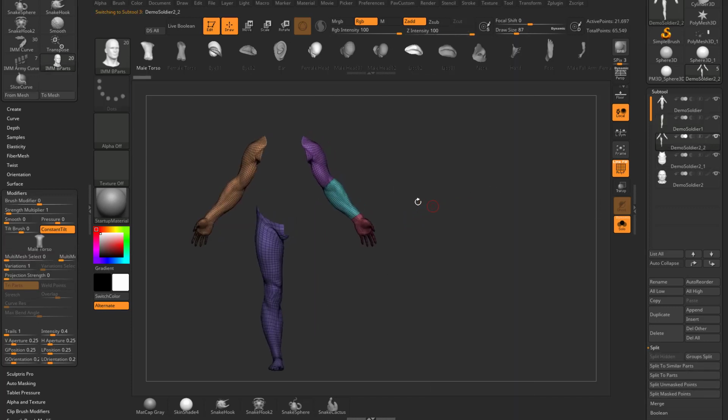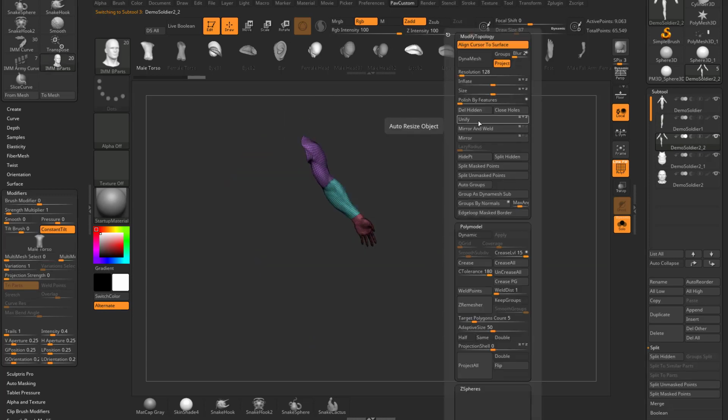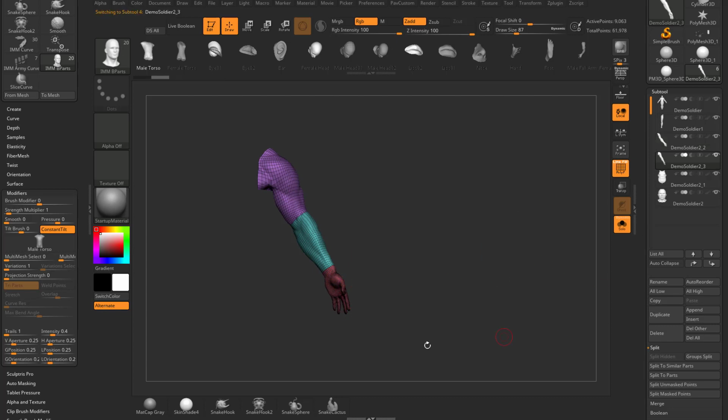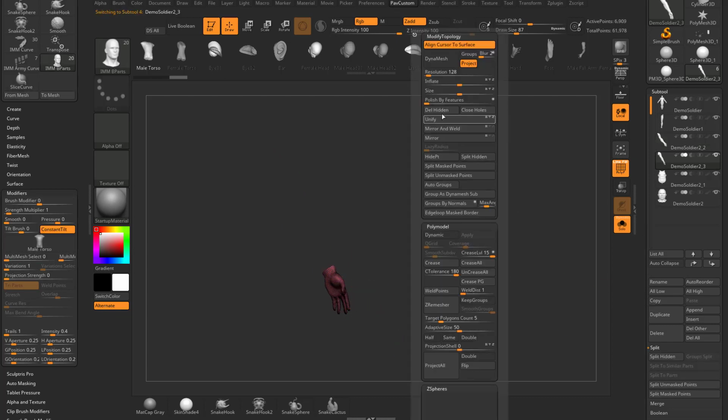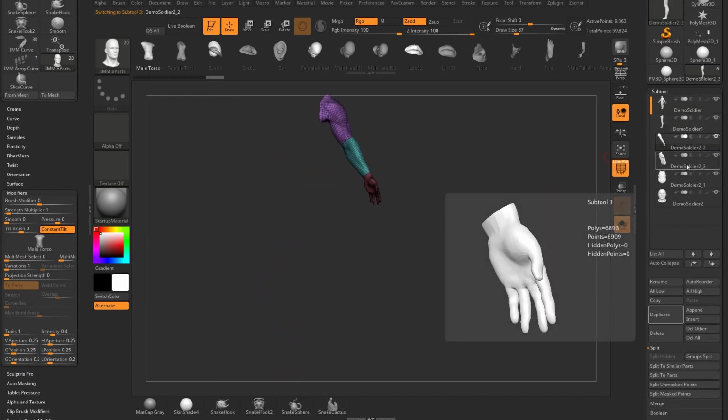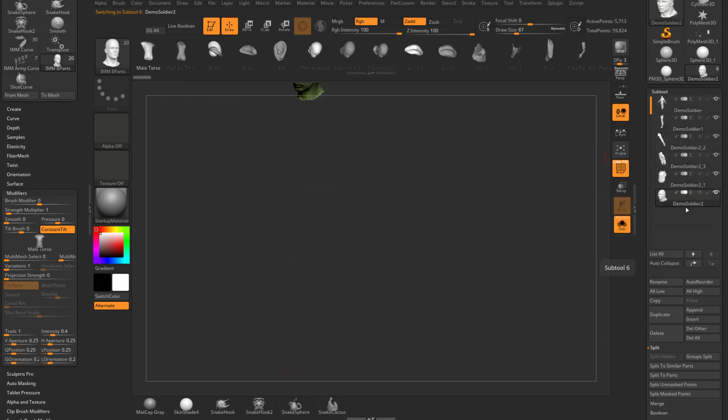Oops, we'll go select this bottom one there, and we're just going to grab over this arm here, and then we'll just do delete hidden. Now if I want to divide this arm up into components, so I can drag out an arm insert mesh brush, but I also want maybe upper arm, forearm, and hand, or let's say just hand. So I've got the whole arm insert mesh brush, but I just want the hand now. I'm going to duplicate the arm off, Control Shift click the hand, and then do another delete hidden. So now I've got the whole body, a leg, an arm, a hand, a torso, a head, and even for this leg here, we can duplicate this